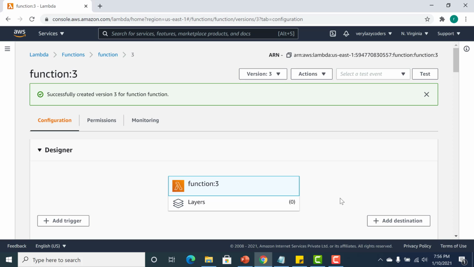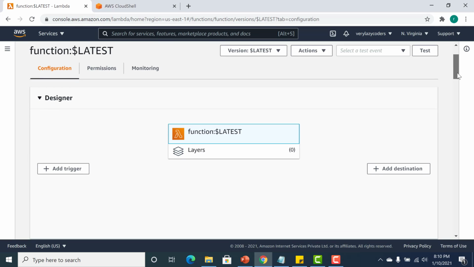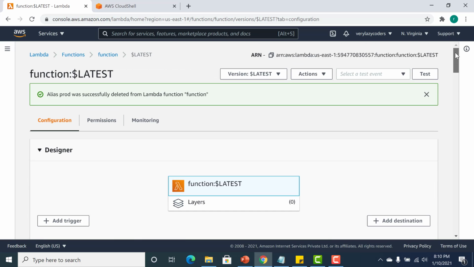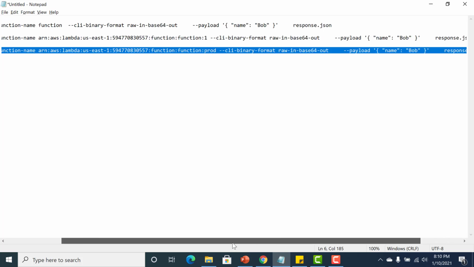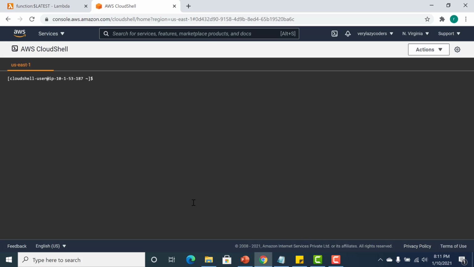Now let's try to invoke this particular lambda via the CLI. One more change I have made to this lambda is I have updated this to v4 and deployed it. However, I have not published this latest unpublished version of the lambda. So let's try to invoke all these functions. To invoke the latest unpublished version of that lambda function, you just need to give the function name. So the function name is function. If I copy this and paste it here,